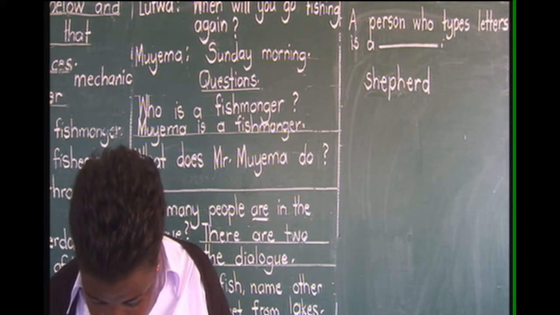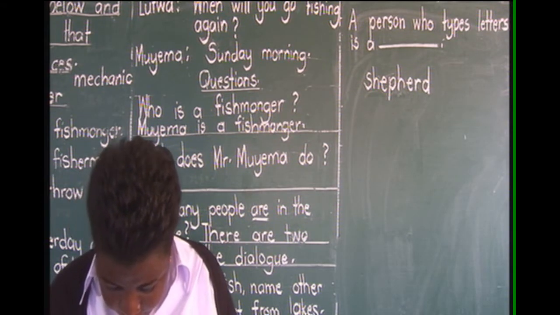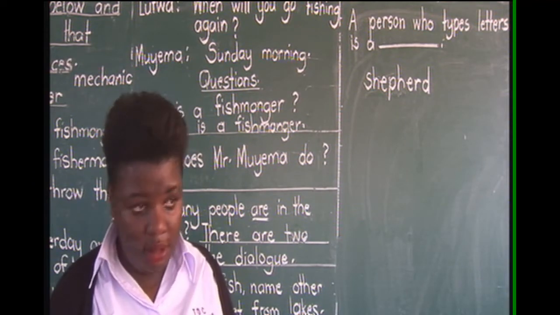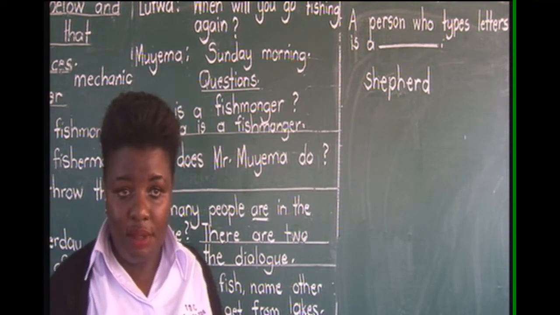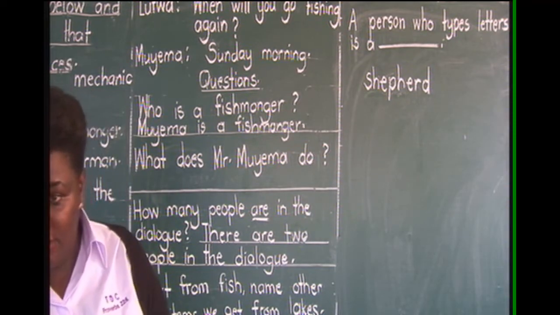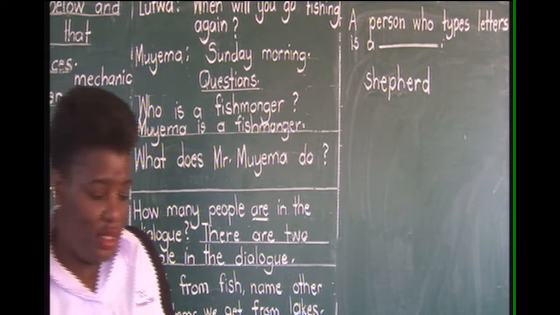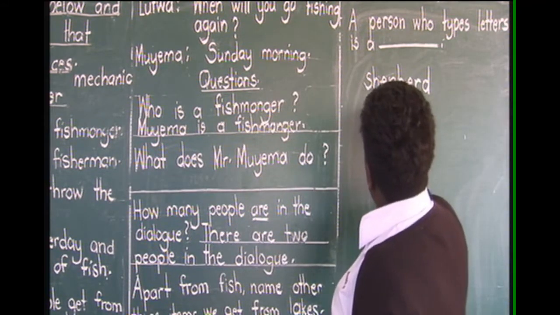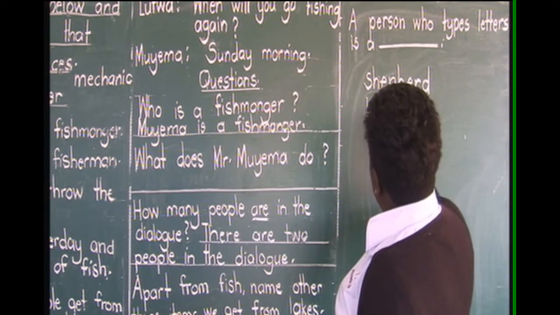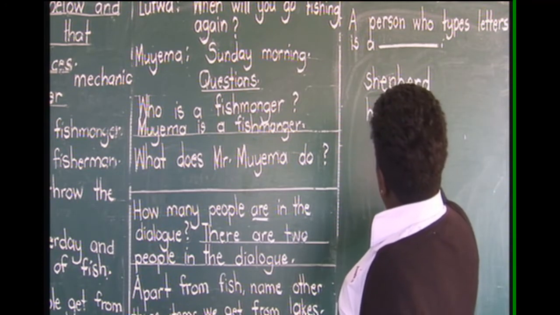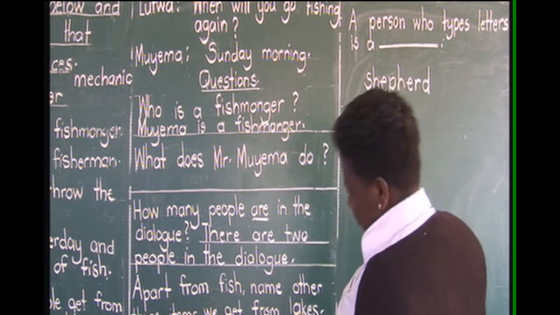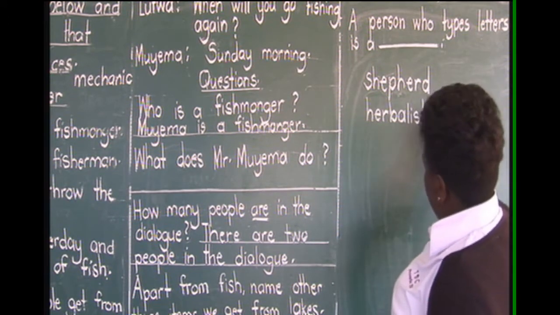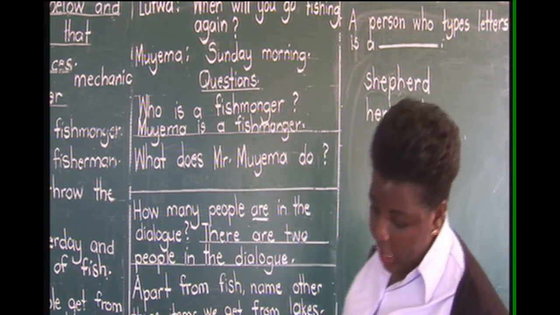In charge of a library, that one I know you know. I sell herbs. I sell herbs. How do you call those people who sell herbs? I always see them advertising on the televisions. Those are herbalists, from the word herb. So there is a small word herb, and there is a small word herbal. Herbalists. So those are the people who sell herbs.